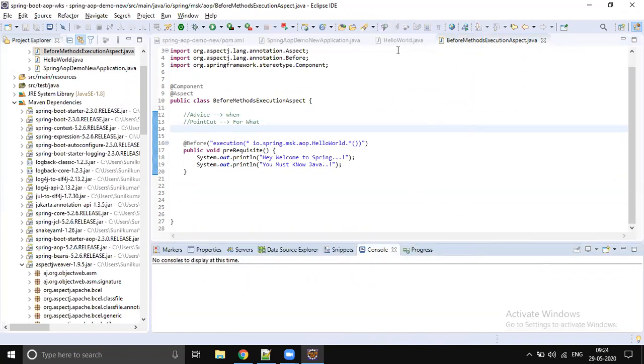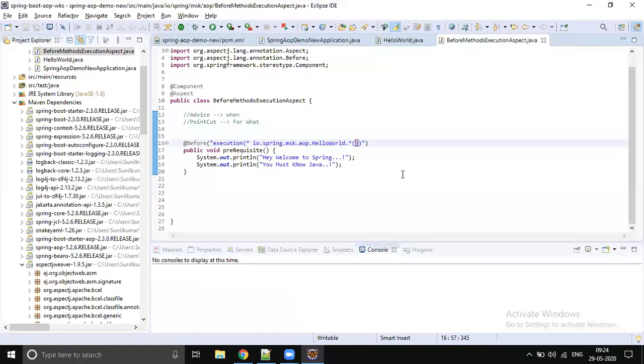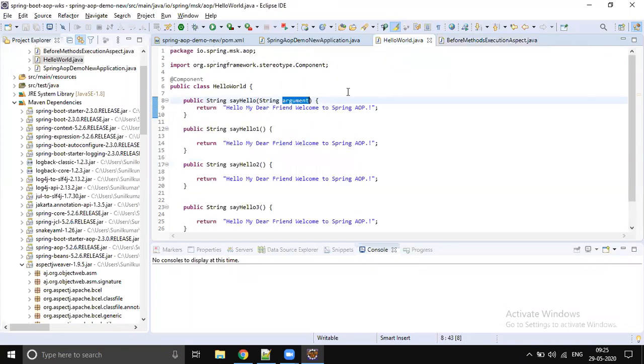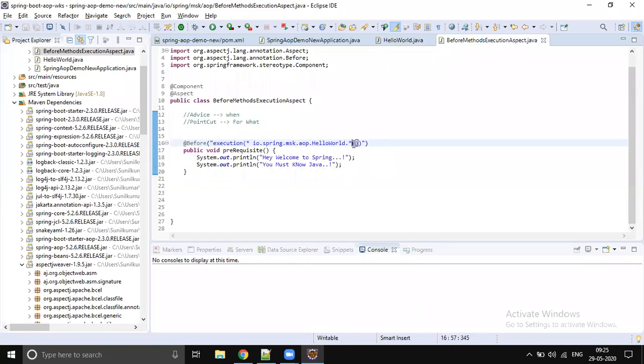If there is a parameter, we have to specify something inside. Until you specify what parameter you are going to allow, your method will not get executed by this pointcut. Your method is taking some parameter and you are not specifying that, so things will not work.